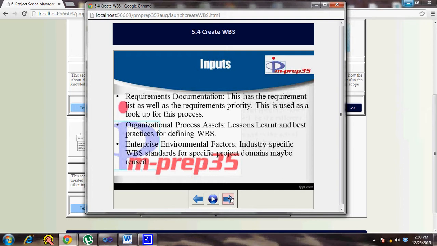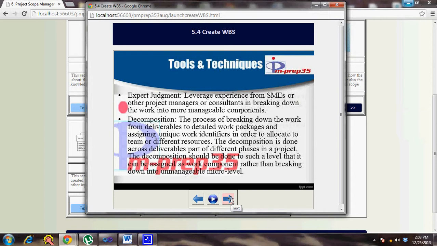So the requirement documentation, in other words, provides you the guiding force for different requirements which might help you to fill gaps. The scope statement is a very important input for create WBS, because the scope statement and WBS are created in an iterative manner, because both form part of the scope baseline. So until everything is in sync in terms of the scope baseline, in terms of the scope statement, WBS and WBS dictionary, you can have changes happening in each of these based on the requirement documentation. So that's why the scope statement and the requirement documentation are inputs for this particular process.